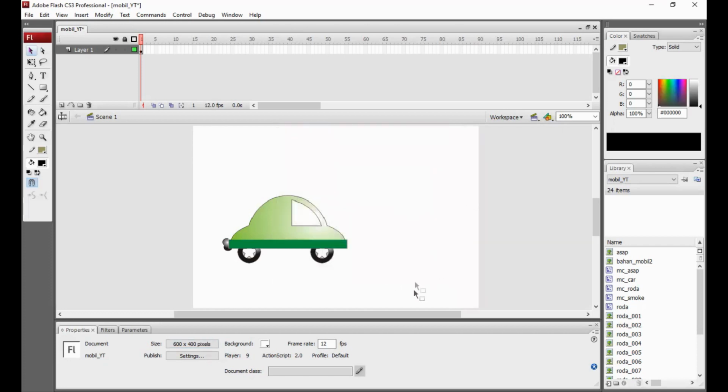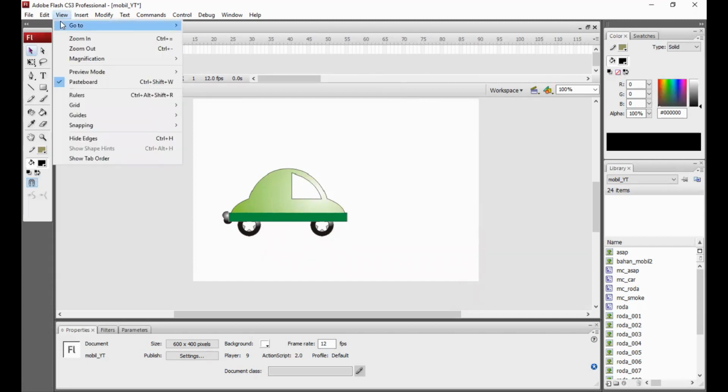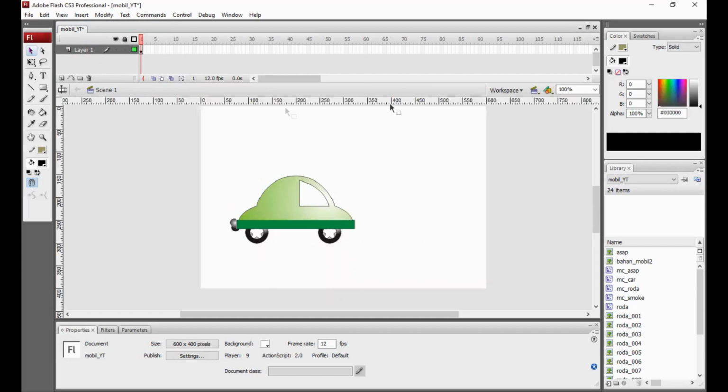Okay, yeah, that's the width of stage, 6000 and 4000. We can check from here, view ruler. Okay, 0 and 600, and height 400 pixels. Okay, let's try.